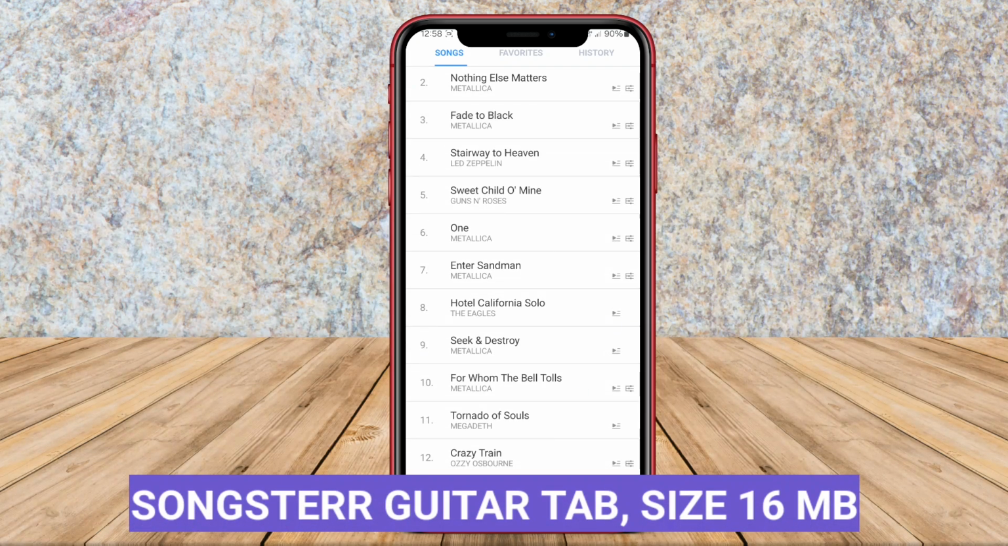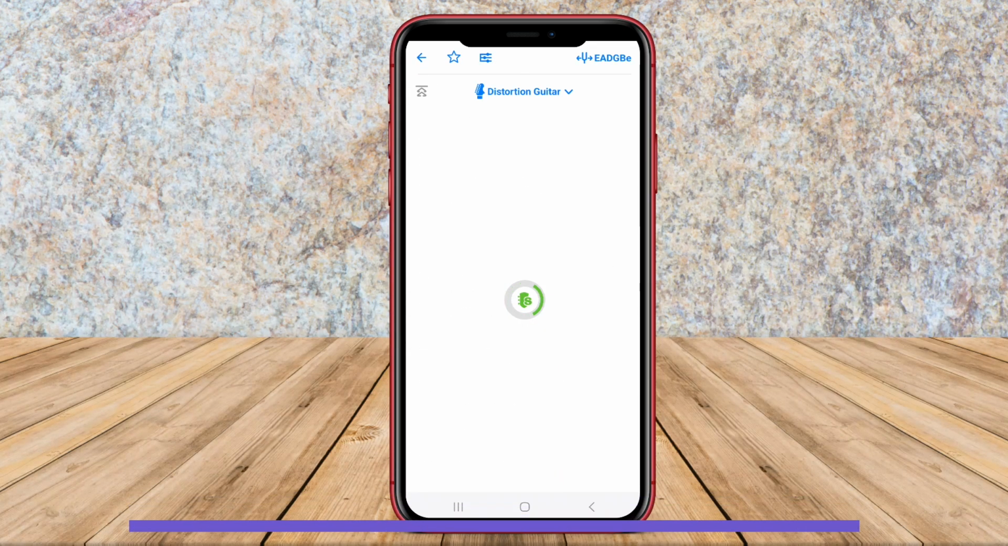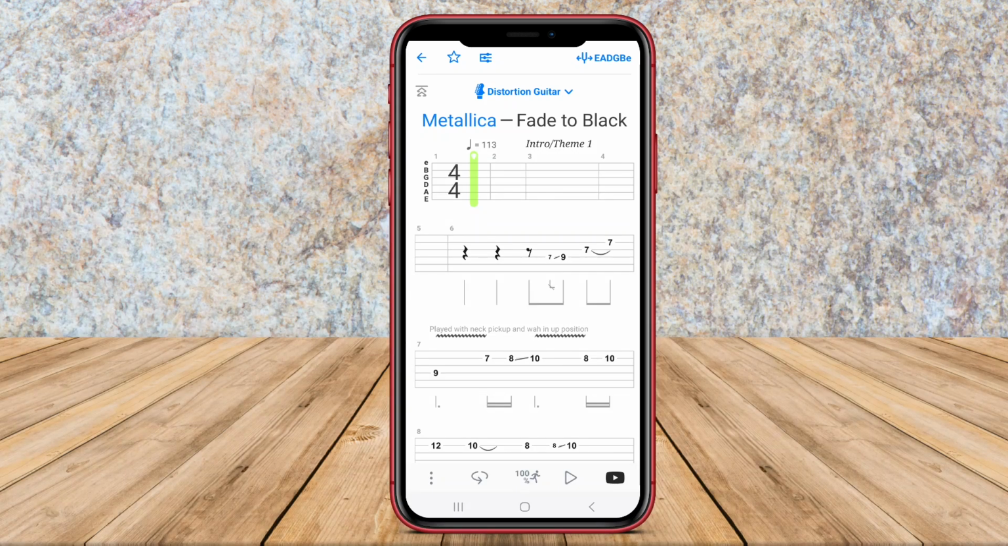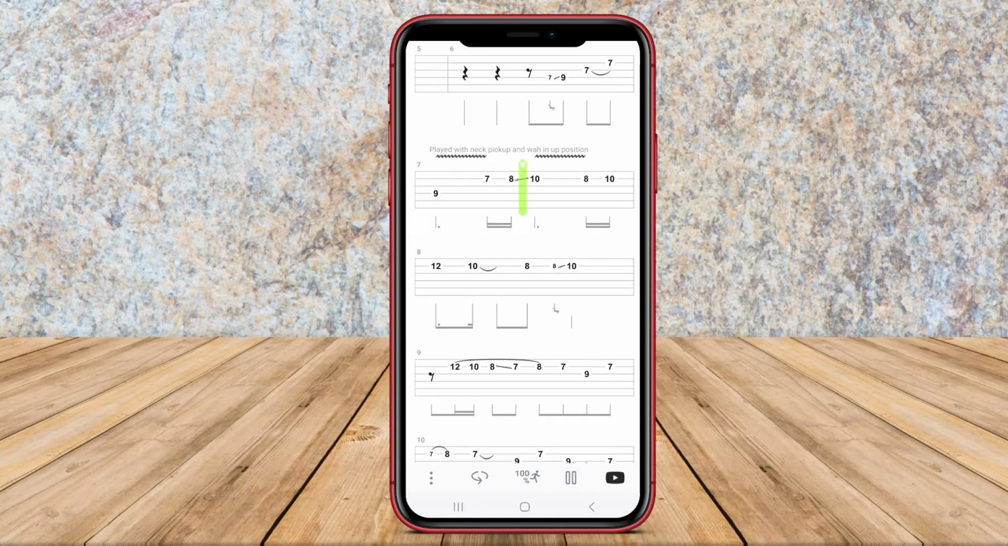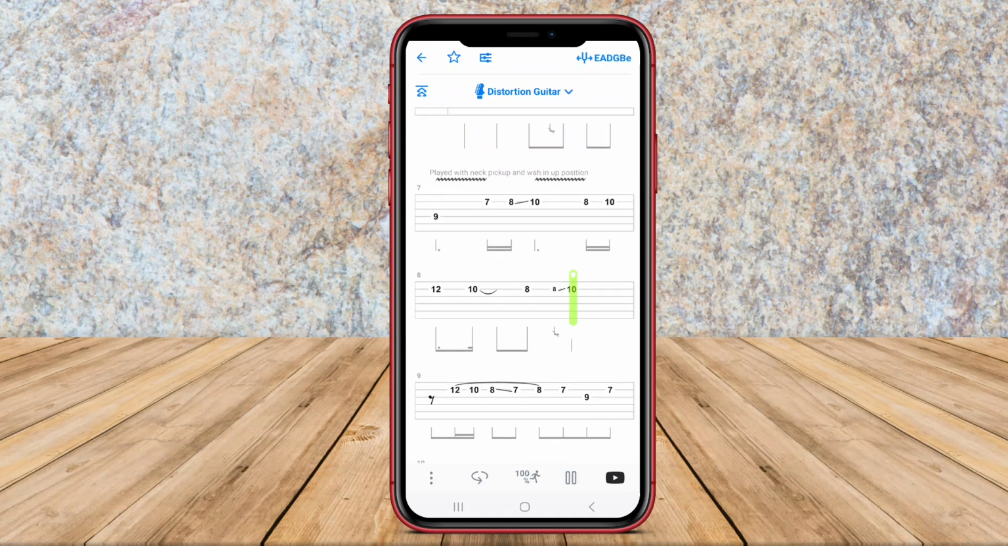Songster Guitar Tab. Songster Guitar Tab is an excellent Android application for guitar enthusiasts. It offers a vast database of guitar tabs for various songs, making it easy for users to learn and play